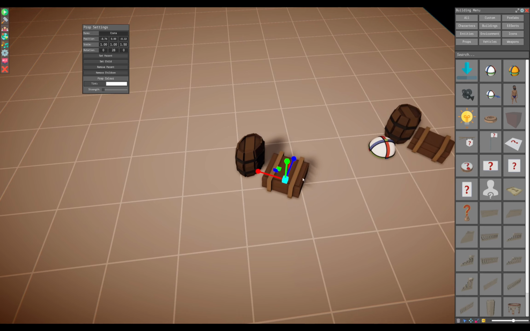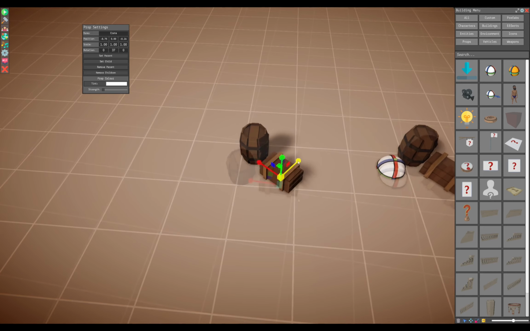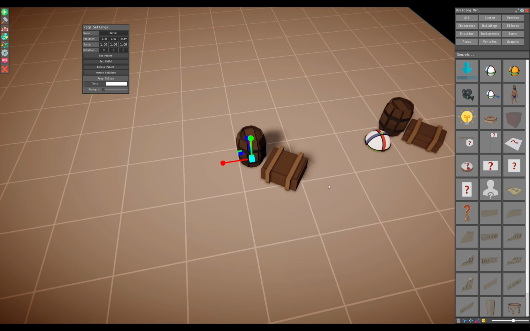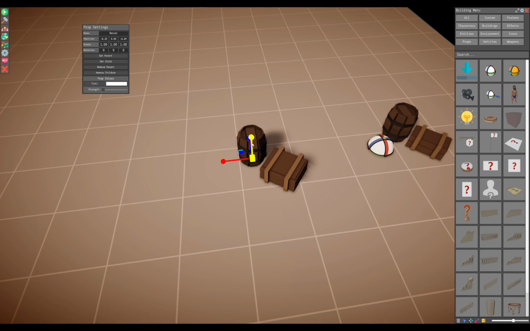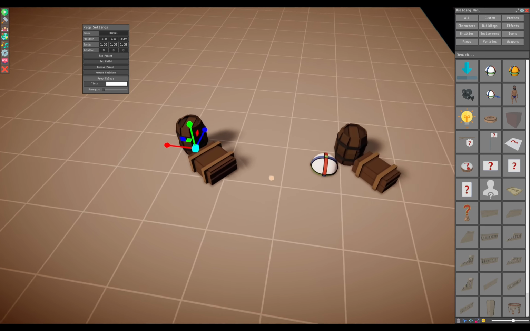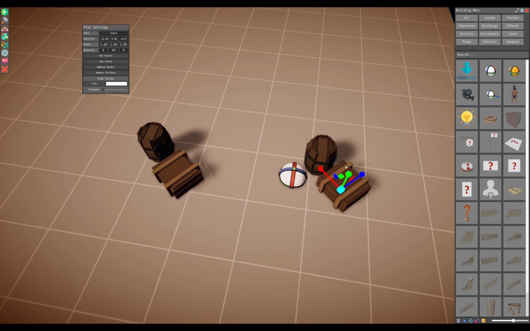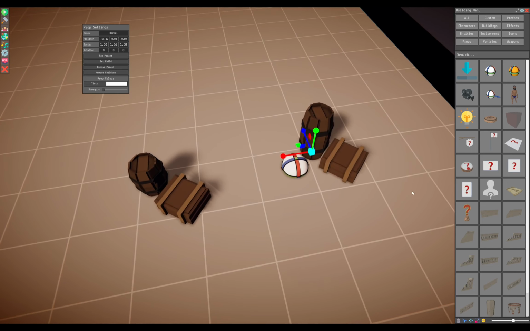You can reset this by hitting R, stretch that box back out, but this time, since you're not going to change the scale of the barrel, you can make it the parent instead. And there's no issues there, because the barrel is still an even scale. You can make it really big and really small. As long as the scale is even, it's not going to warp any children. Now if you decide that you definitely want both things stretched in different fashions, like a very tall barrel and a very wide box,